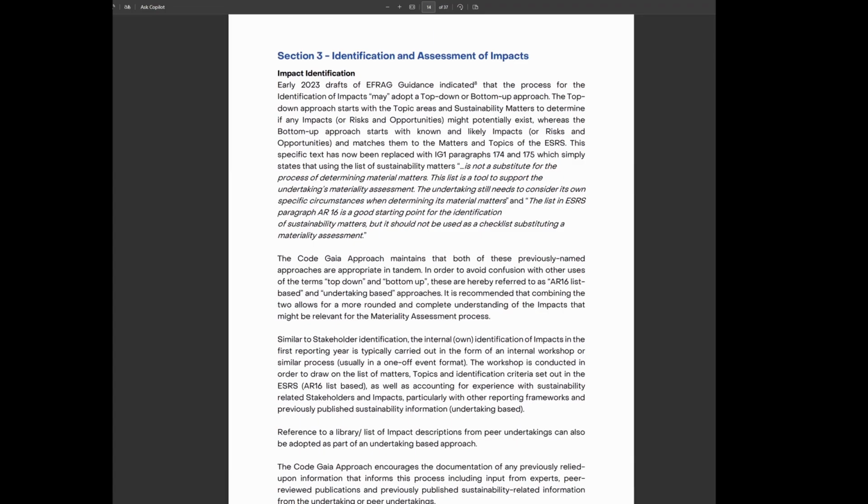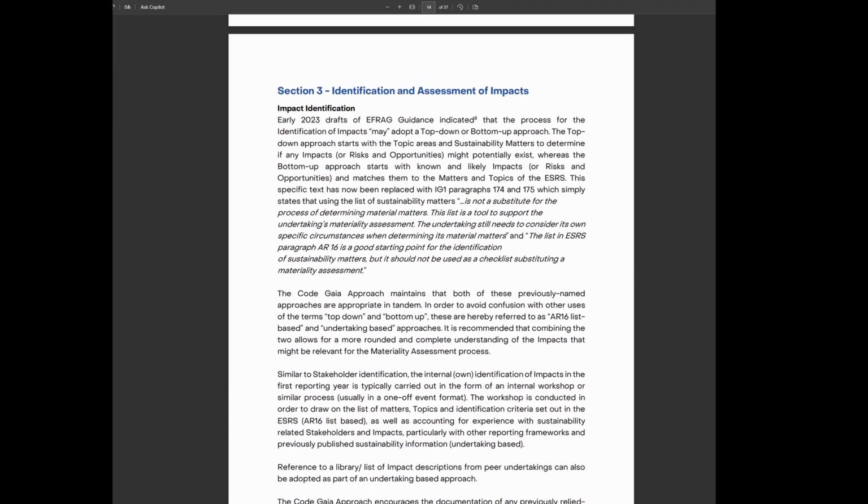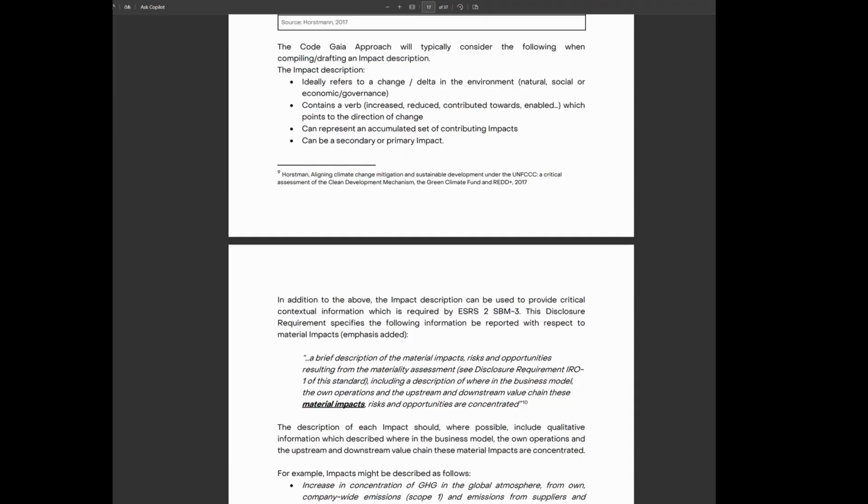The next technical section looks at the identification and the assessment of impacts, and this is where we get into EIA theory a little bit, and this is where we will go through and look at the specific thresholds that we apply during the severity and likelihood tests. One of the things that we've been very careful to talk about as well is the idea of appropriate naming and description of impacts. So rather than just listing off the sustainability matters, we encourage our clients to draft descriptions